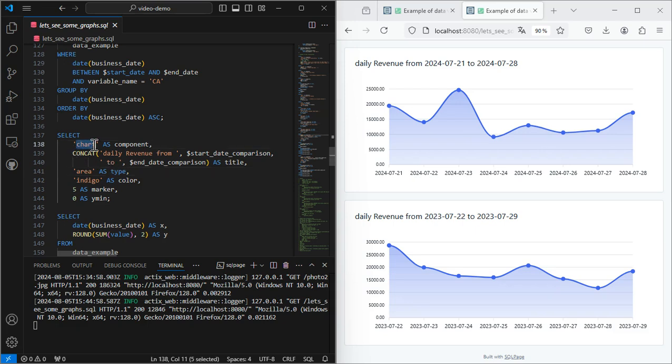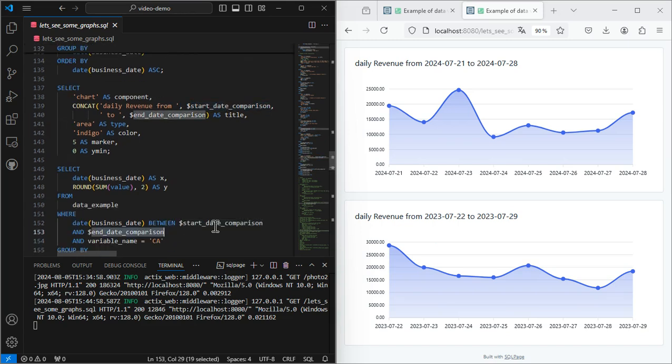We'll use the chart component to display the values. In the query, the variables coming from the values entered in the form are prefixed with a dollar sign and are called get variables because they will appear in the URL. We've seen post variables in previous videos for inserting data into a database, which are preceded by a colon. Get variables are used for other purposes, like filtering data displayed on a page.